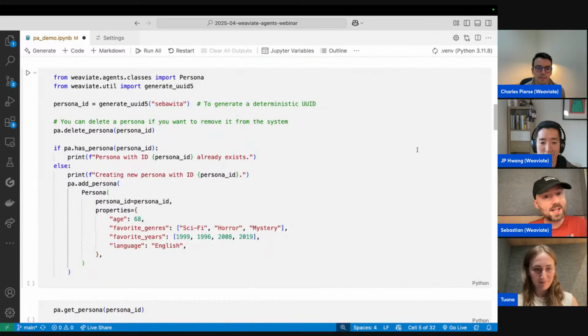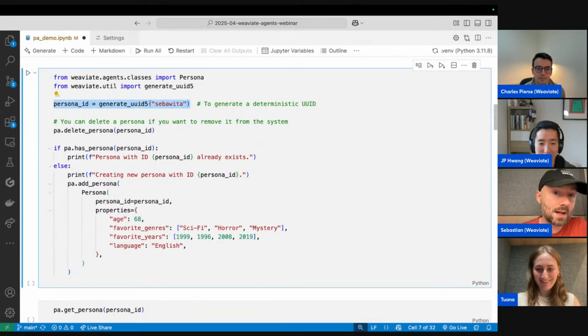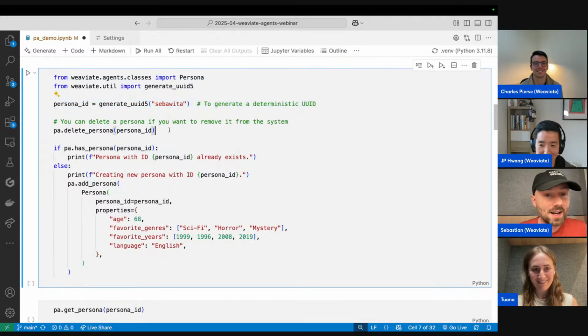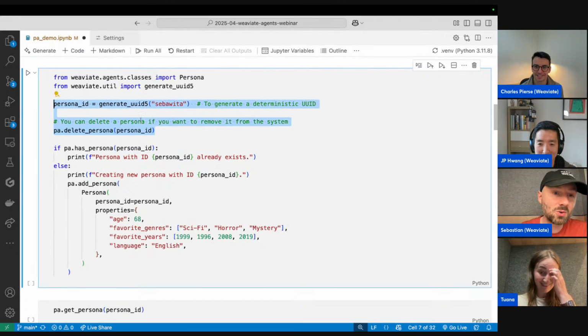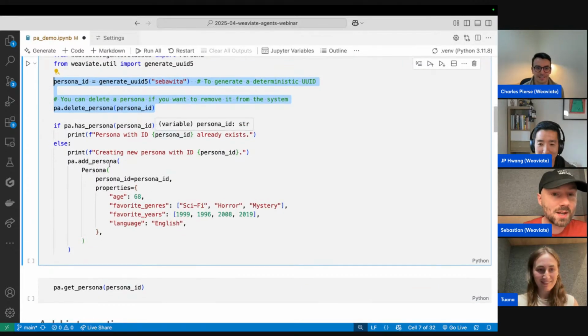So next thing, what do we need? We need to create a persona. And then what's the best way to keep an eye on a persona? We need to create a UID. So I'll create it based on my username and tag that I use on every single social media. Just for fun today, I'm going to delete it and then build my agent from scratch.